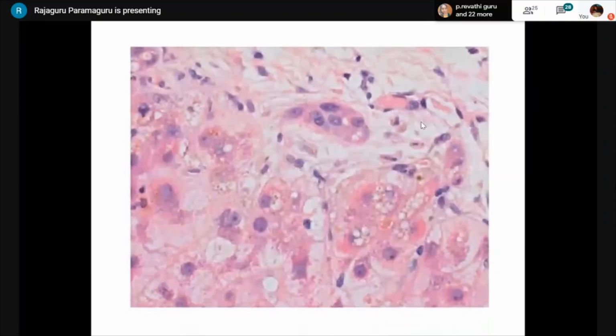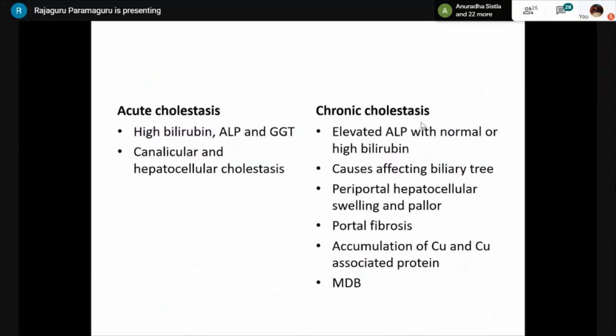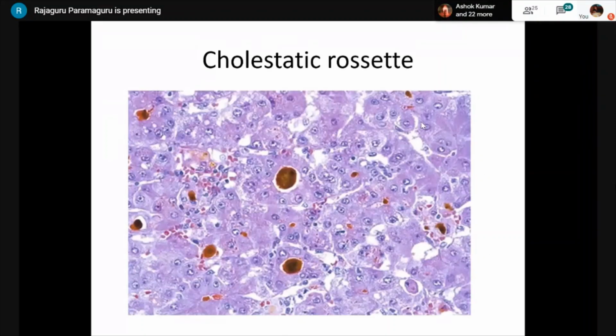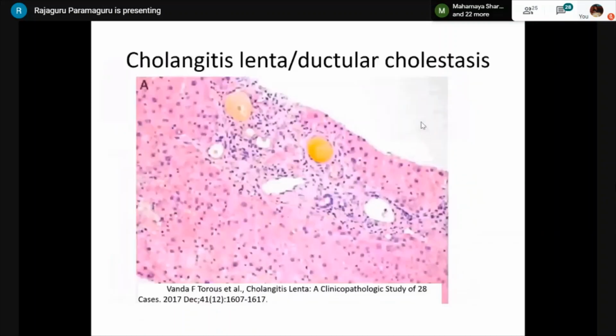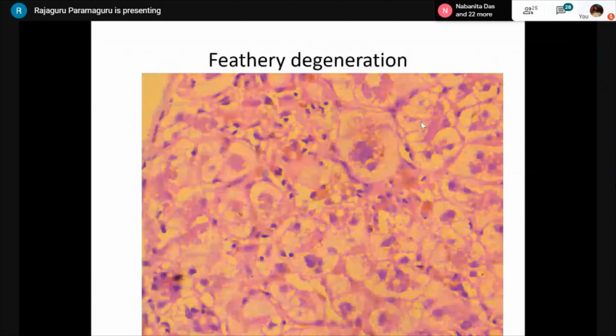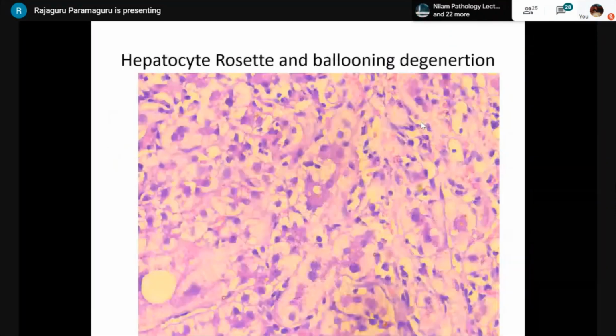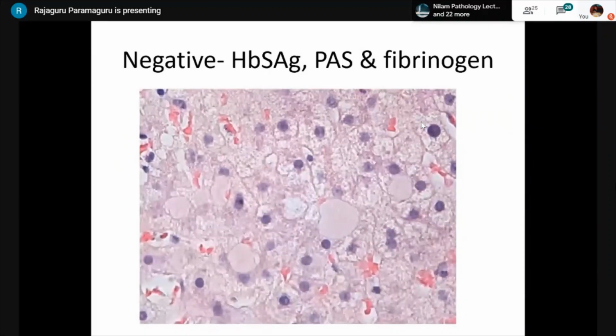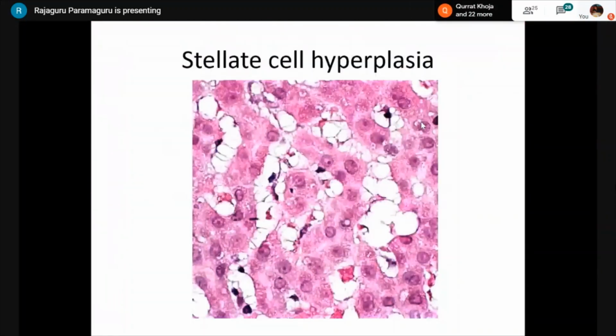Exactly. So you will get collapse of reticulin fibers in necrosis, and it happens only in confluent necrosis. The significance of which will be useful when you demonstrate the bridging. If it is not bridging, then you will not have confusion. If it is bridging, then you will have confusion whether it is fibrosis or necrosis. So that is when you will make use of the trichrome stain or the reticulin stain or the Orcein stain. In reticulin, you will demonstrate collapse of the reticulin fibers. In Orcein, there will be lack of elastic fibers. Trichrome will be very faint in early fibrosis.